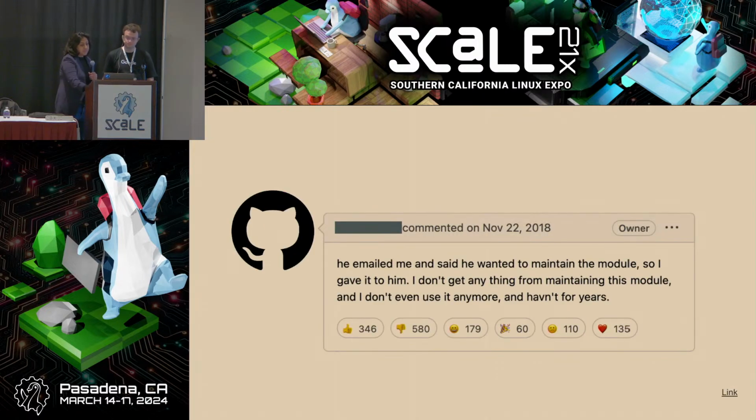And that was the case in this example that you might have heard of before, the event stream attack. Just take a look. In this case, a malicious actor asked, literally just asked, for ownership of a project, and the original maintainer gave it to him for the reasons explained here. And why did the attacker want ownership of this project? Well, as it happens, it was used by a crypto wallet app.